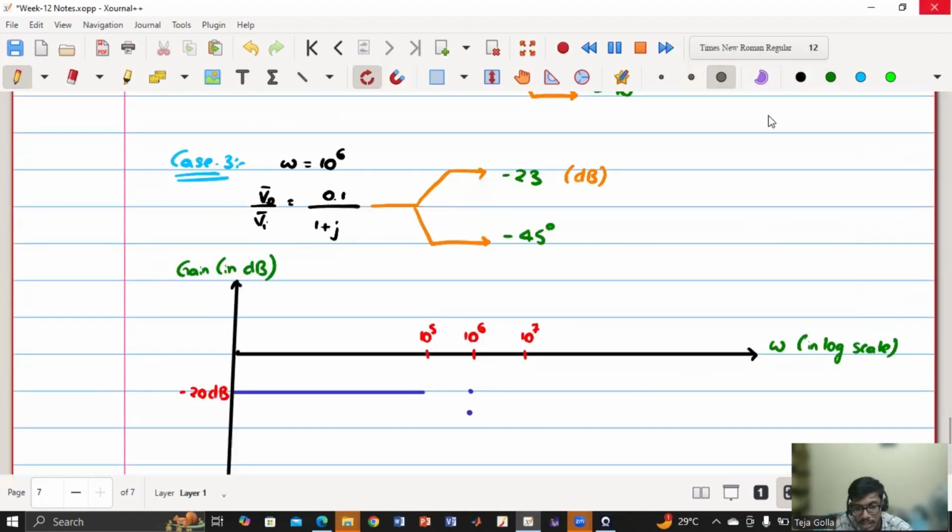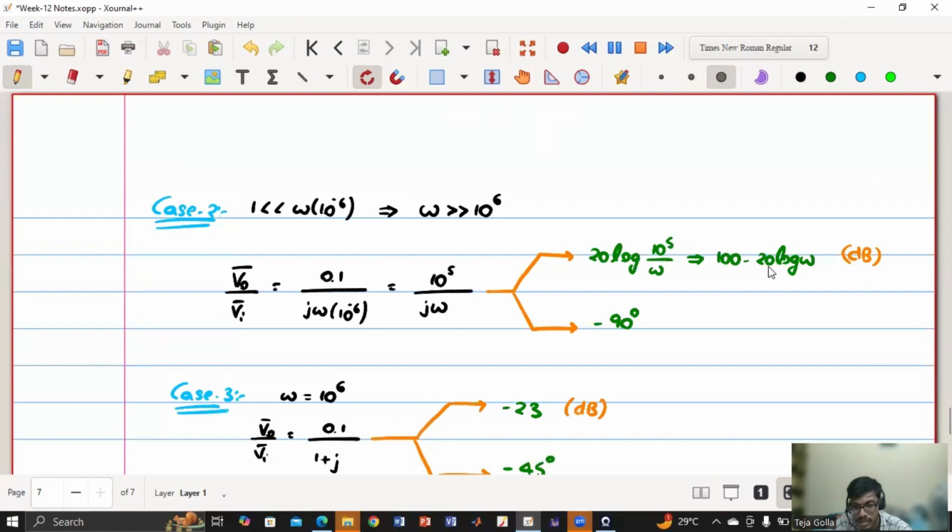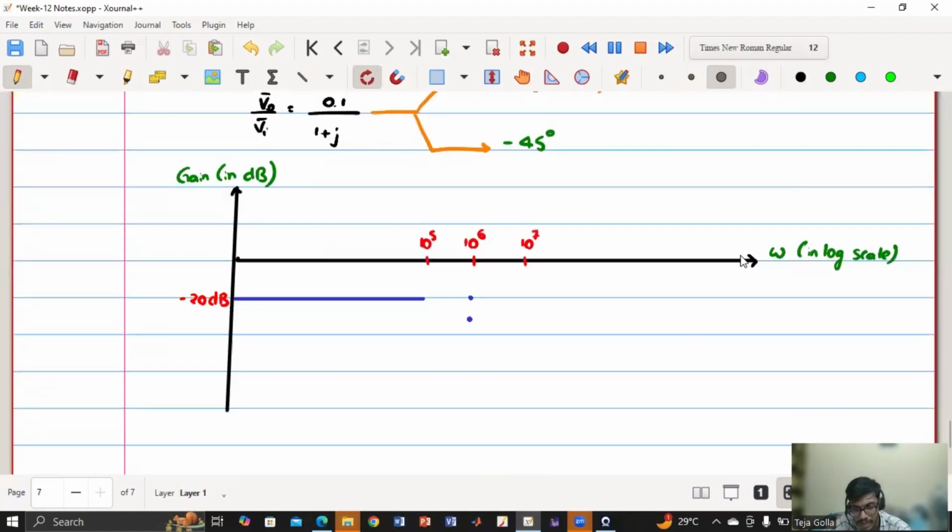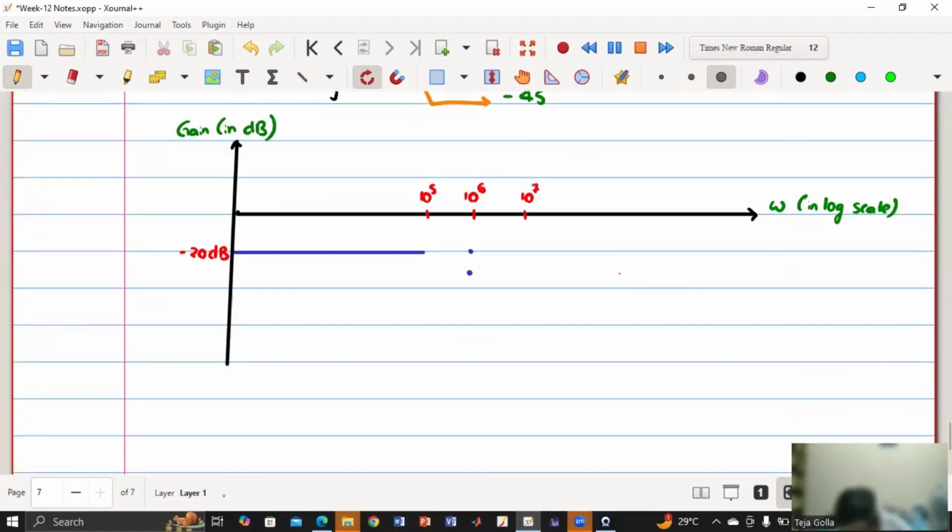So what is the value at 10 to the power 7? 100 minus 40, 140. So it is minus 40, right? Agree? Yes. So at 10 to the power 7, the value is somewhere here. And it is falling linearly because x-axis is also